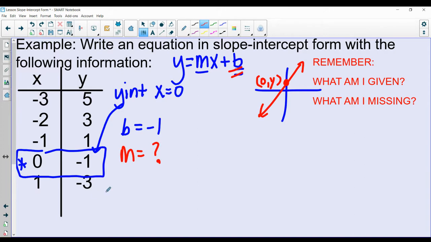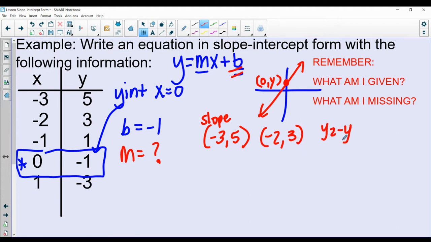Okay, well, we have a lot of points here. You can figure out m using any 2 points. So let's say I use the points -3, 5, and -2, 3, okay? I'm going to find the slope. Okay, slope formula: y2 minus y1 over x2 minus x1. So this is my first point. This is my second point. So I am going to do